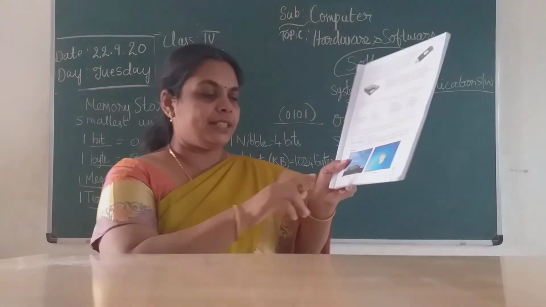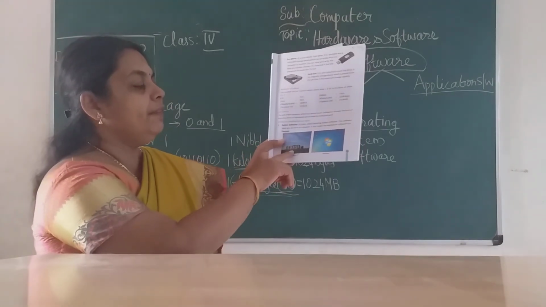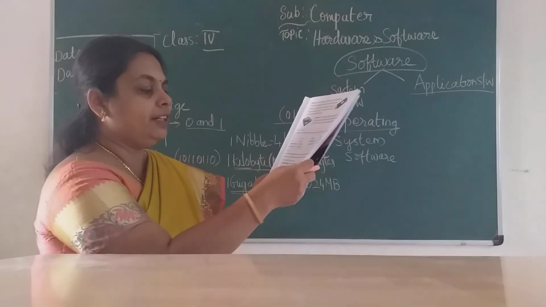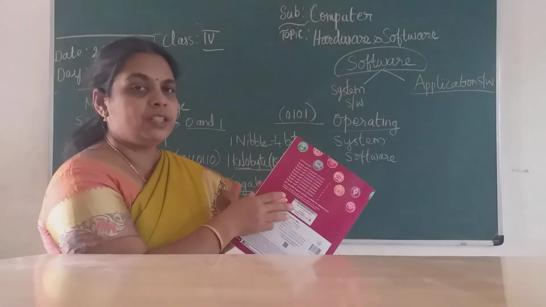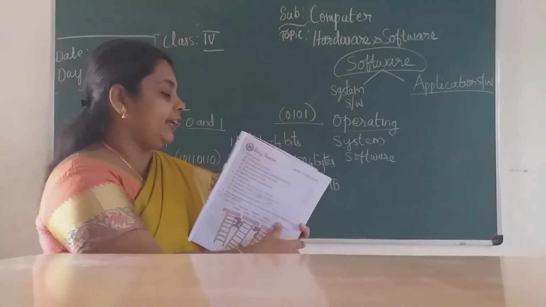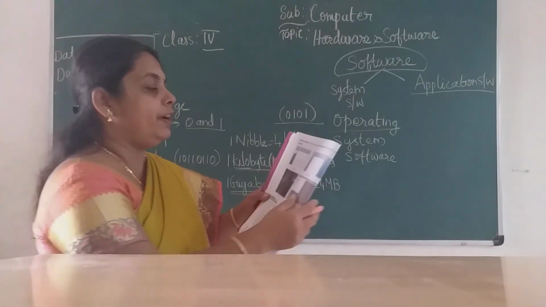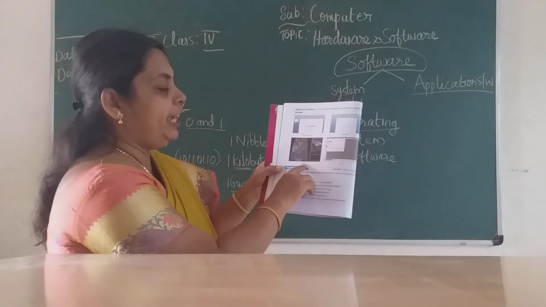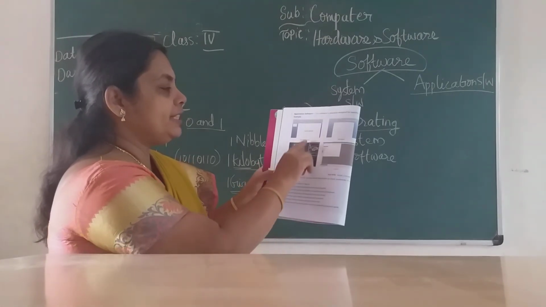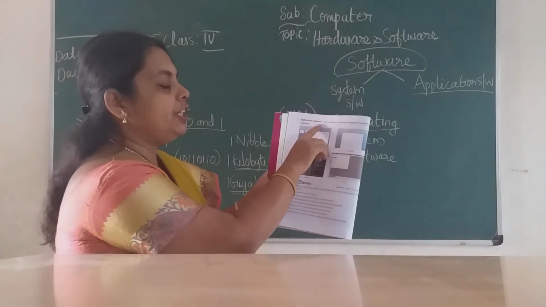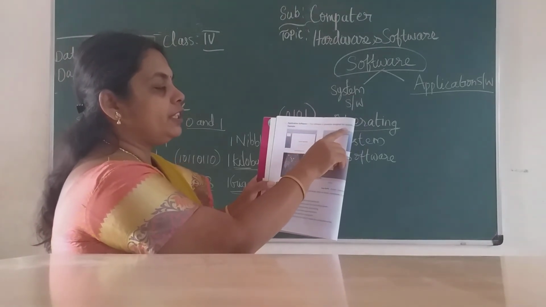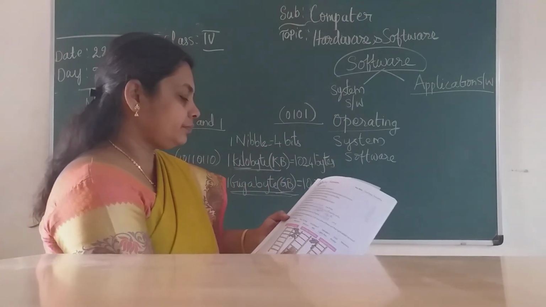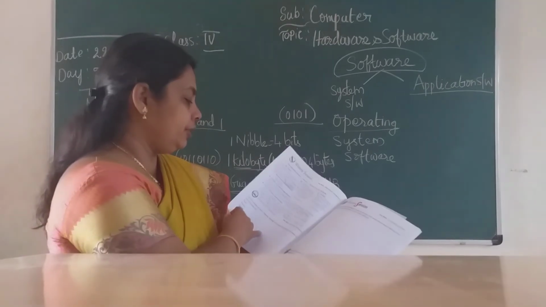So here the operating systems, examples are given, children: Windows XP and Windows 7. Okay, at present in our schools we are using Windows 7 only. Okay, then examples for application software, you can see MS PowerPoint, MS Word, your games, Paint, all these come under your application software. That is, this software is designed for some specific tasks. Okay, so whichever way you want you can do.